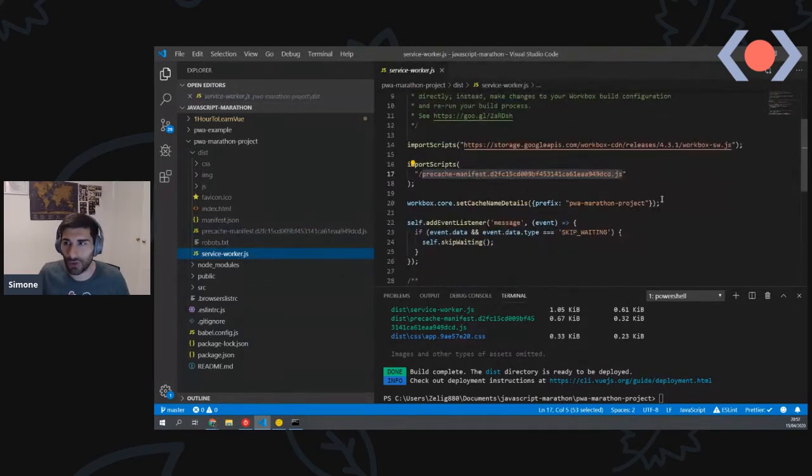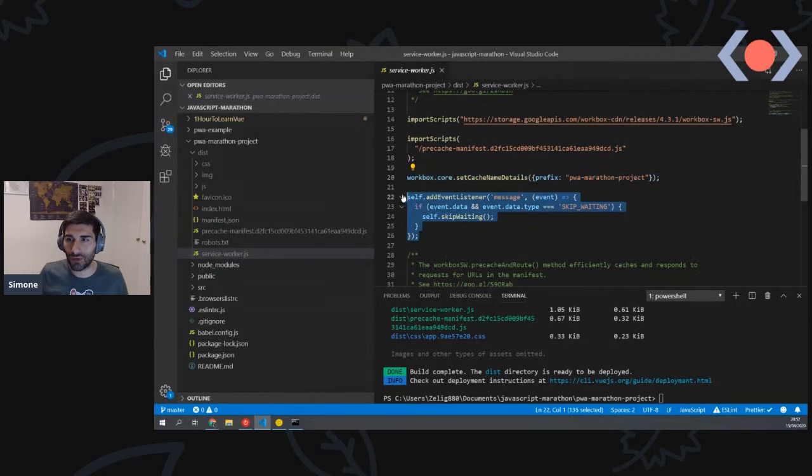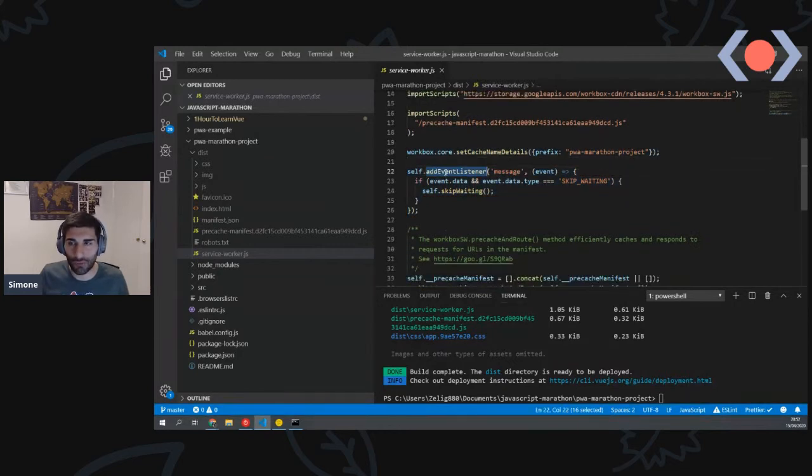Going back to the service worker, we've seen that he's setting up cache name details, and we're going to see this later on in our application in Google Chrome. Another thing that he's doing is registering an event listener. So as I mentioned before, when you change the service worker, or when you change the file, they don't